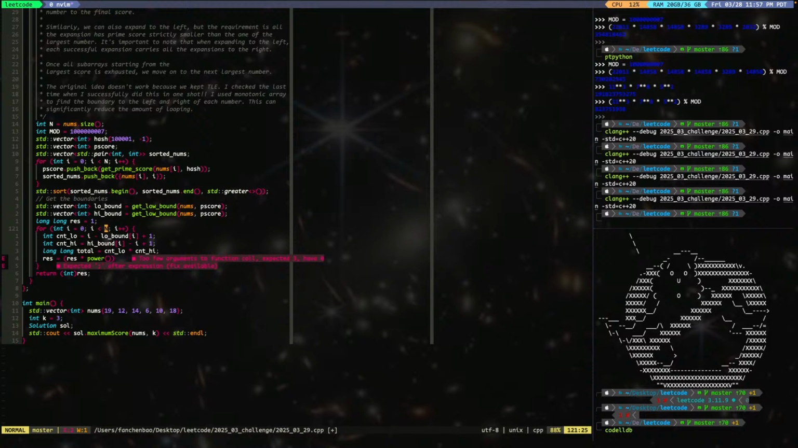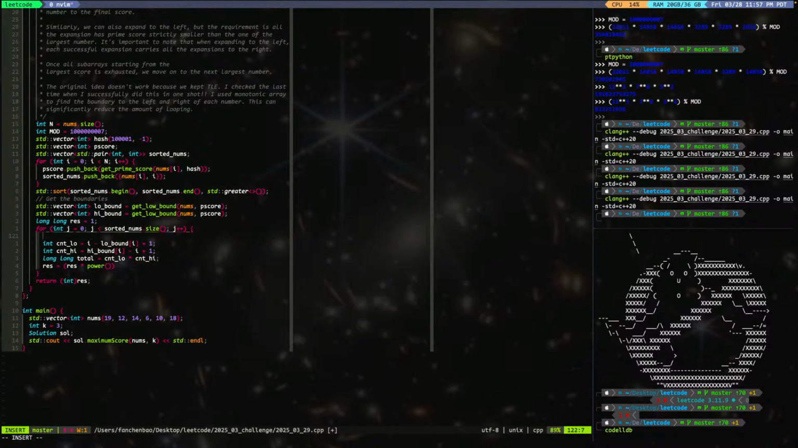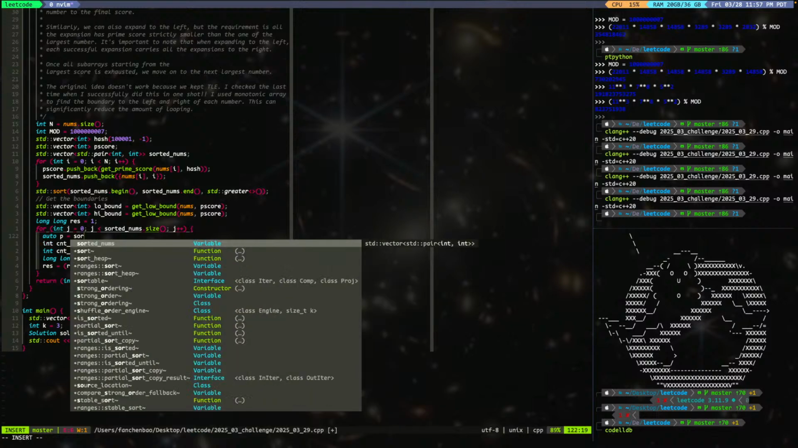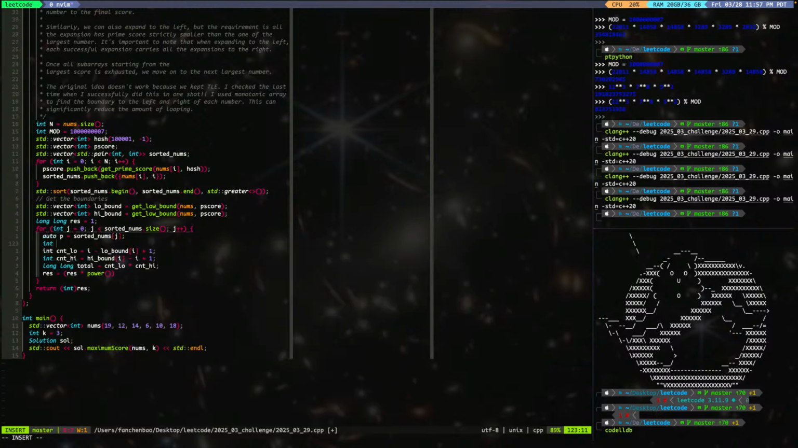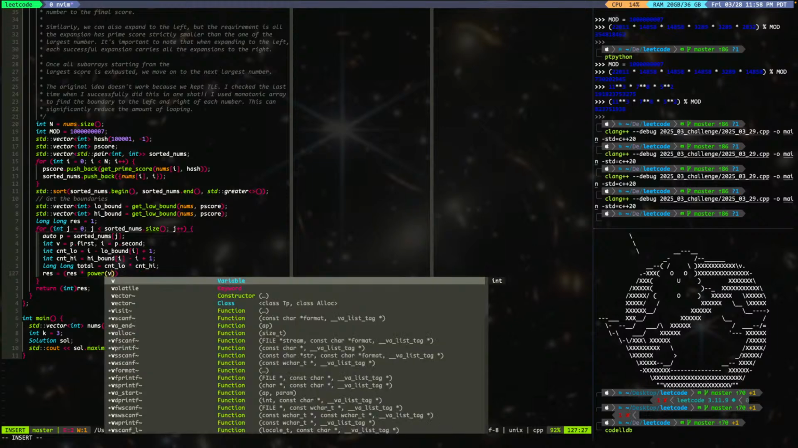Let's use J. Okay, J. I want to use sorted num.size just to make sure that we understand what this is. This is still needed. Auto P will equal to sorted nums J, right? And then int v equal to p dot first, and then I equal to p dot second. Now we have all that, so this is gonna be v raised to